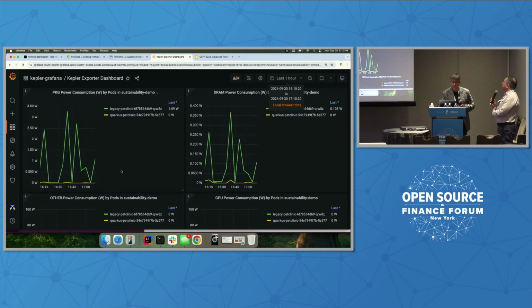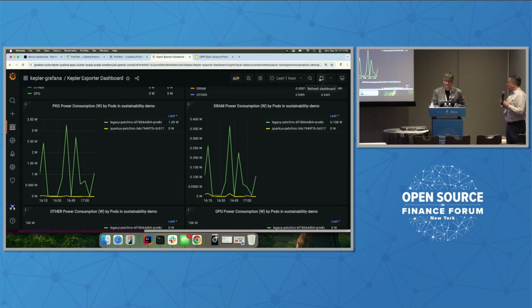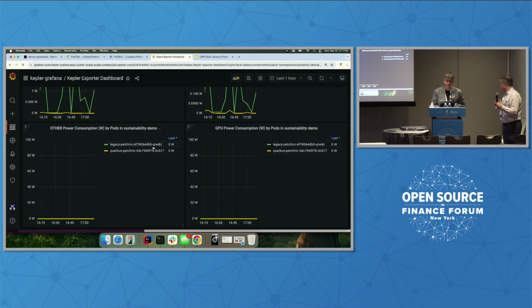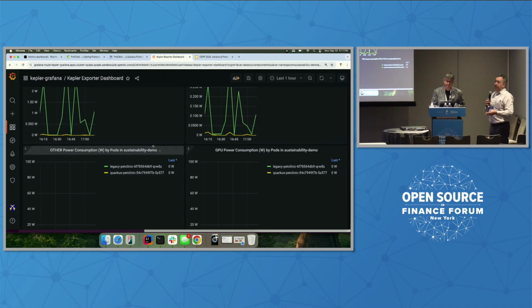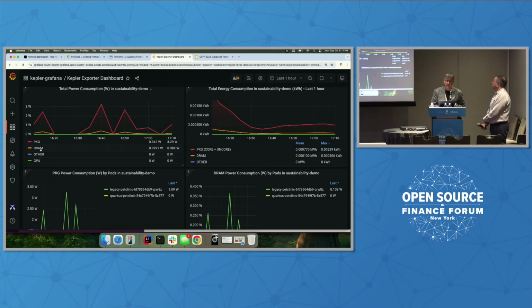But it's not just in this case. It's your legacy versus using, say, Quarkus. It could be using this GPU versus a newer one that's claimed to be more efficient. It could be a different model from a different vendor that has better performance per watt. It could be using Intel CPUs with AMX extensions, the math extensions. So you could be making a bunch of different choices, but this is allowing you to measure those changes from a performance per watt perspective. In addition, obviously you'd measure for latency and for accuracy and stuff like that. And again, to your point earlier, I have this information sliced and diced by different pieces, like by CPU, by DRAM, by other parts.